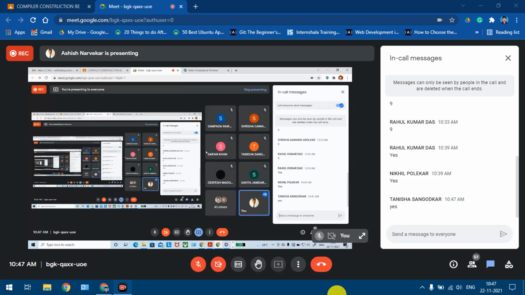Then we made an improvement because there was a shift reduce conflict occurring. So when we migrated to the SLR1 parser, we made the reduce entries only under the follow set of that particular non-terminal, which is there as the final item. But still in SLR we saw that for one of the grammars there was a shift reduce conflict.